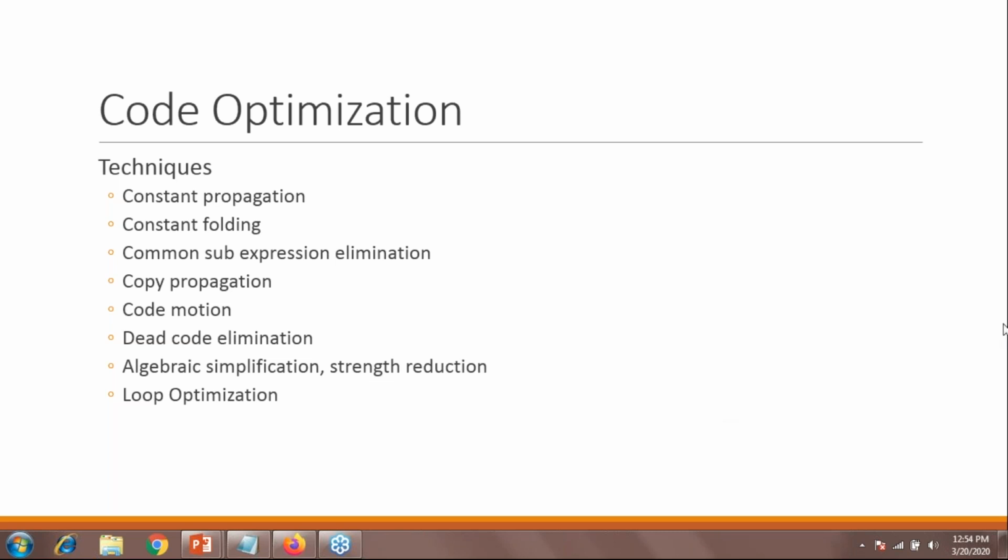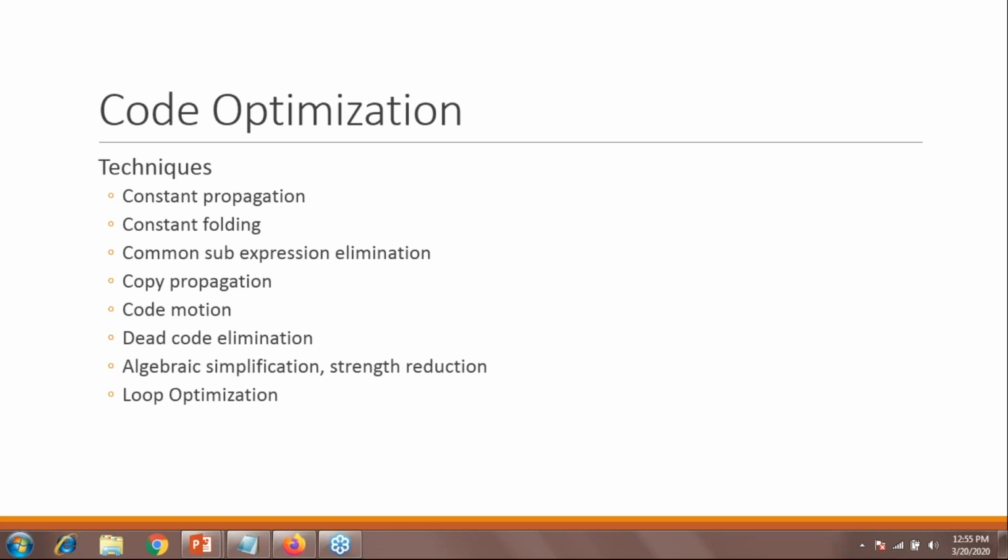Optimization techniques. Ma'am, where does memory management come in? If you have to optimize the code and you write something like your value multiplied by 1, then that line is not needed or required in your code, so you can eliminate that line from your code.